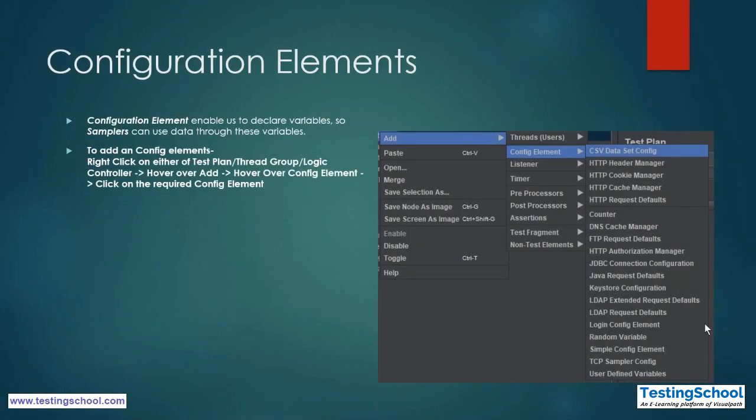So next is configuration elements. So what actually are configuration elements? It enables you to use different kinds of variables and parameters in your script. To add a configuration element, you just have to right click on any of the elements, then hover on add, then go to config element, and then select what kind of configuration element you want